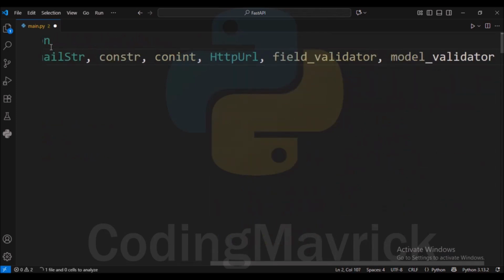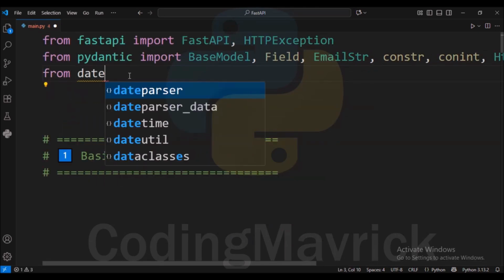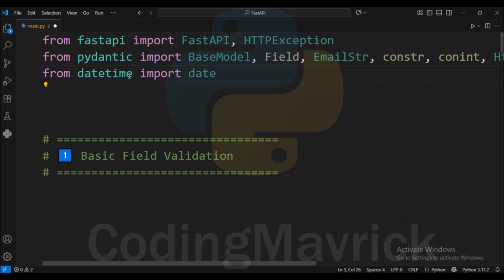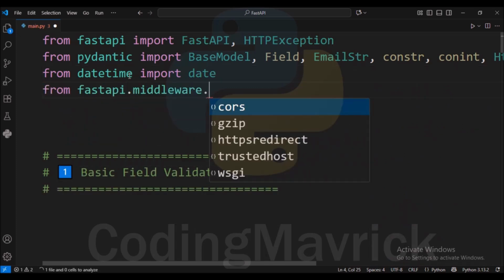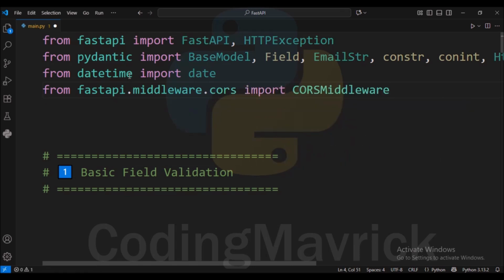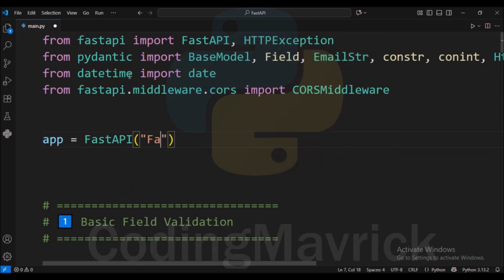These allow us to enforce rules on incoming data. We also import date from datetime to work with dates, add CORS middleware to allow front-end requests, and re for custom checks. Finally, we create the FastAPI app.